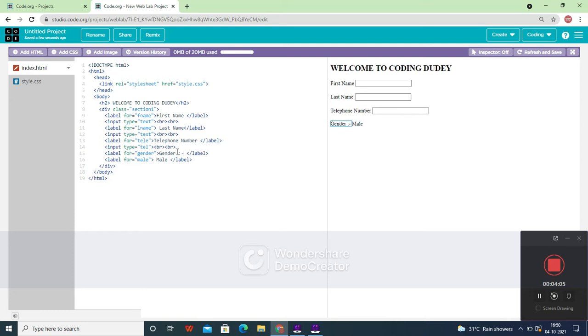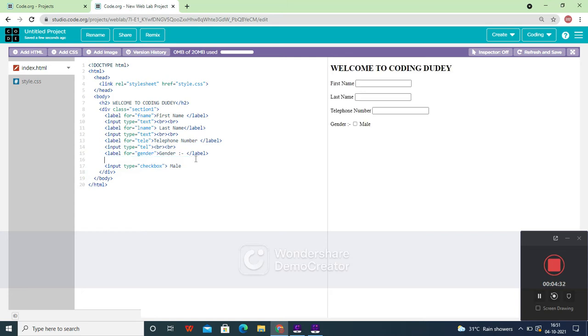Here you can directly use something like this just to denote that you are using it, because gender male is not a single one. Now let's give it to be a checkbox. Here also you can give male.